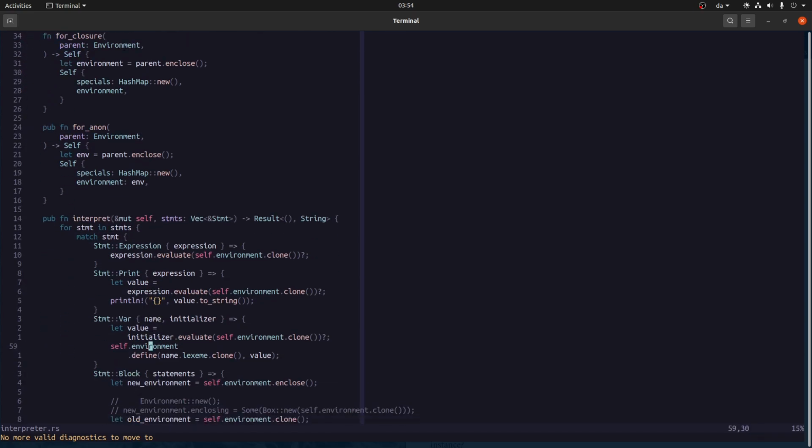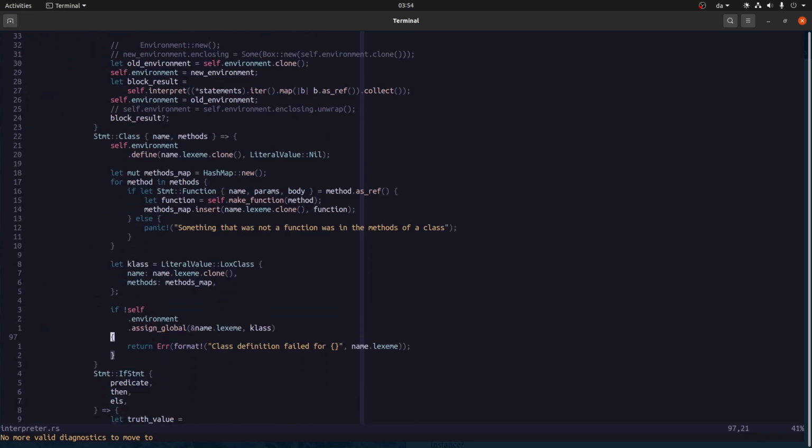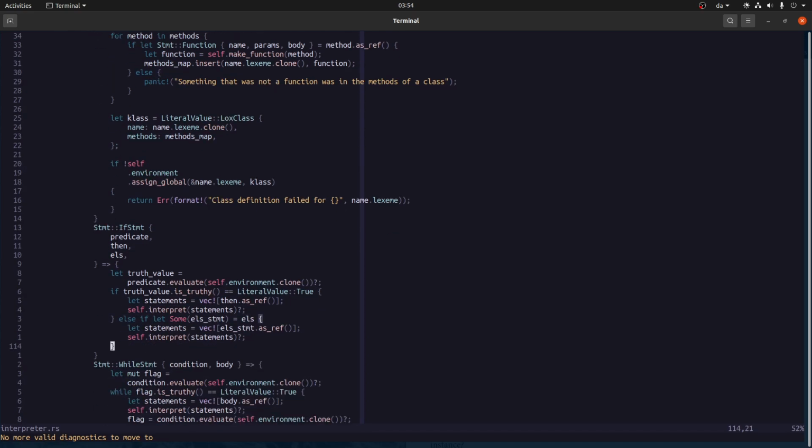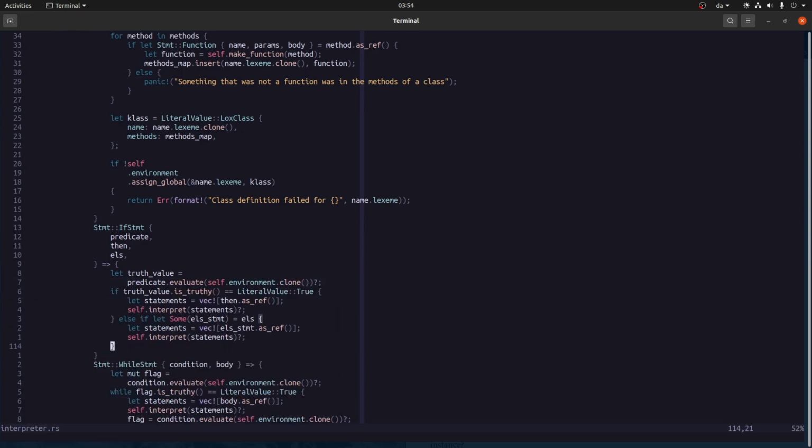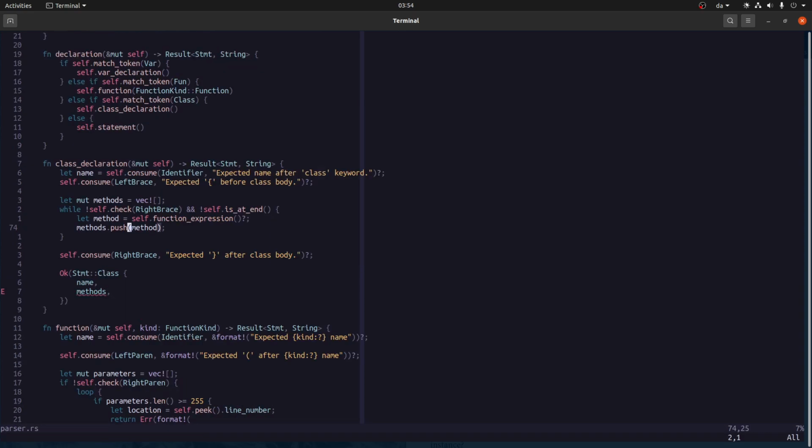And that should be that. Okay, let's run the check. And it has a problem in the parser, which is fine because